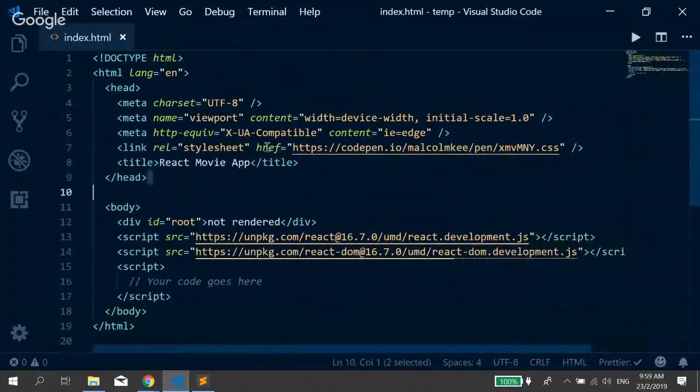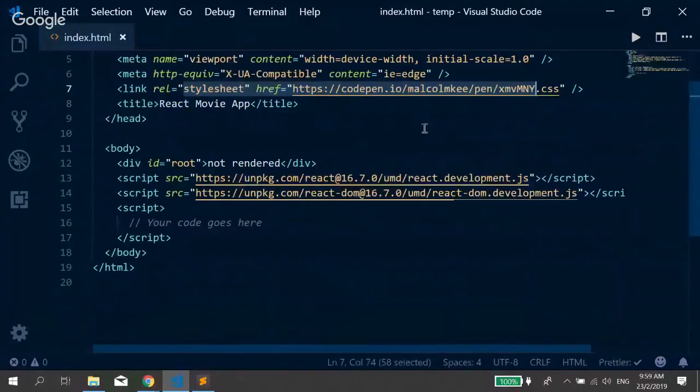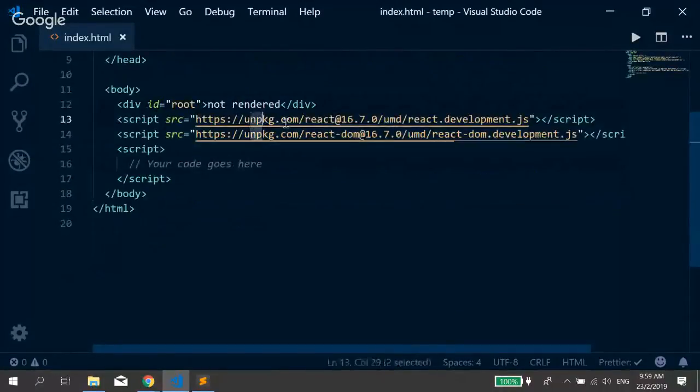So what is in here? Most of the stuff you don't need to care about. This line is actually the CSS that I've written. If you don't know what CSS is, you're in the wrong class actually. Then here is just a div with a text "not rendered", nothing else. And then what is this tool? So Unpkg actually